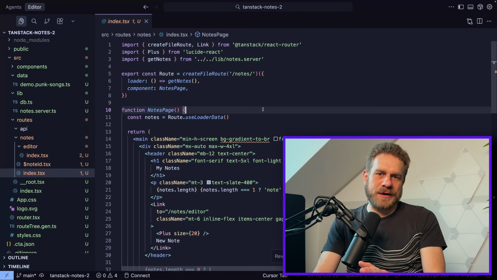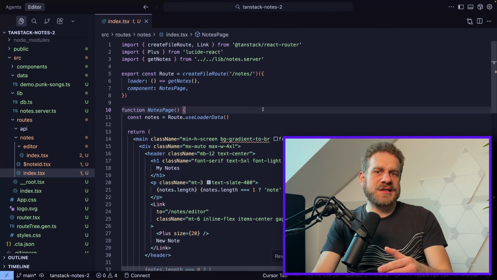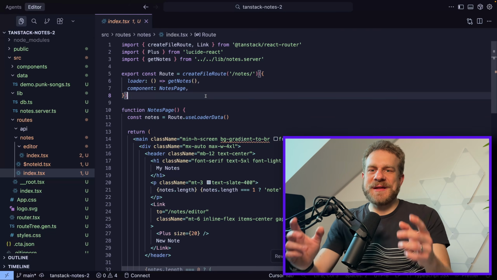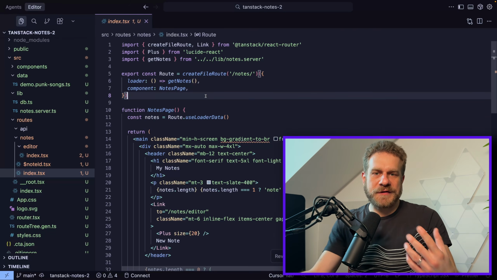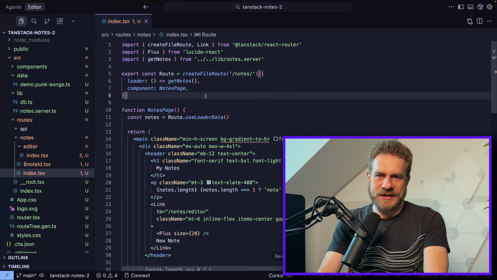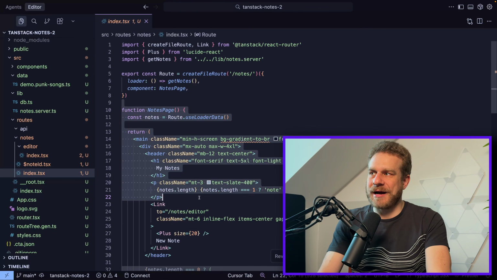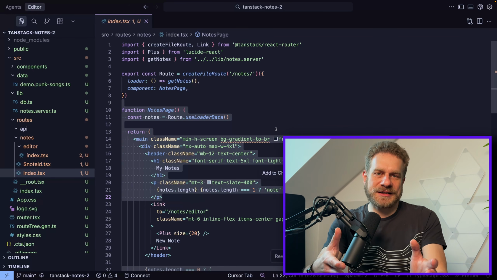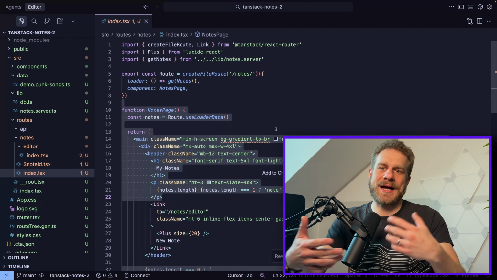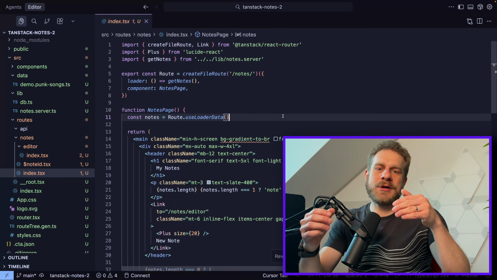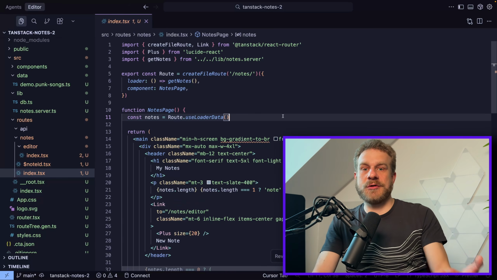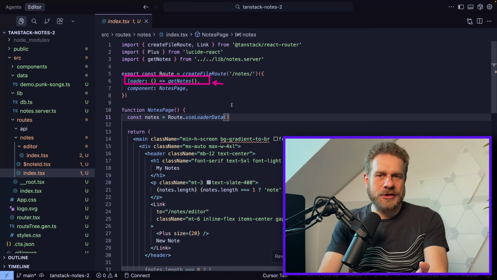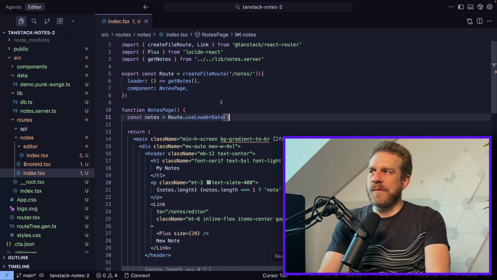TanStack Start has a different approach. React Server component support is going to land there too soon. It's not out yet when I'm recording this, but the approach I'm showing you here and I have used in all my projects will also continue to exist. And in that approach, your route components by default are rendered on both the server side and the client side, pre-rendered on the server side, updated on the client side, and therefore you can't put your server-side code into the component functions. Instead, it uses a loader pattern, which you might know from Remix, for example, where you can attach